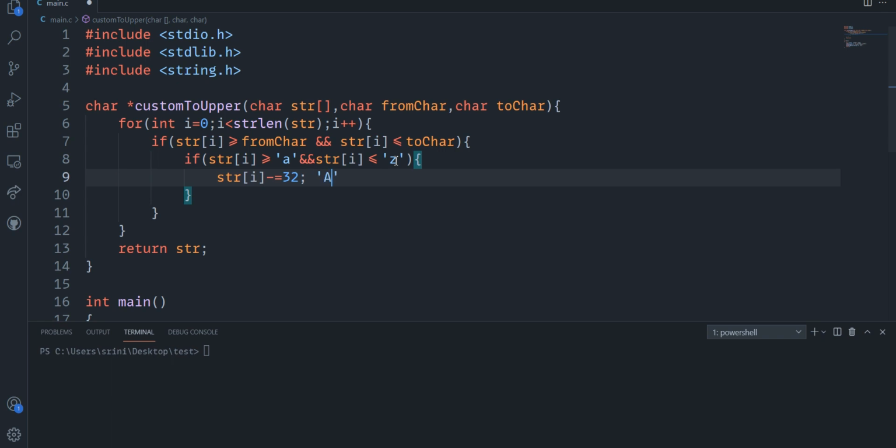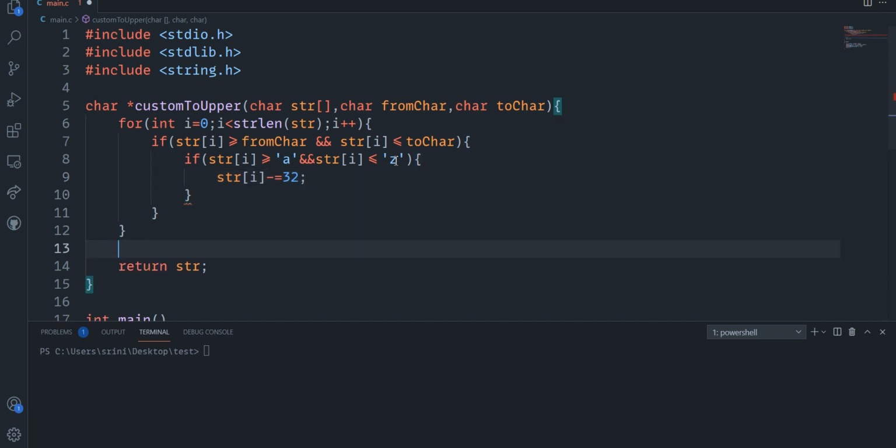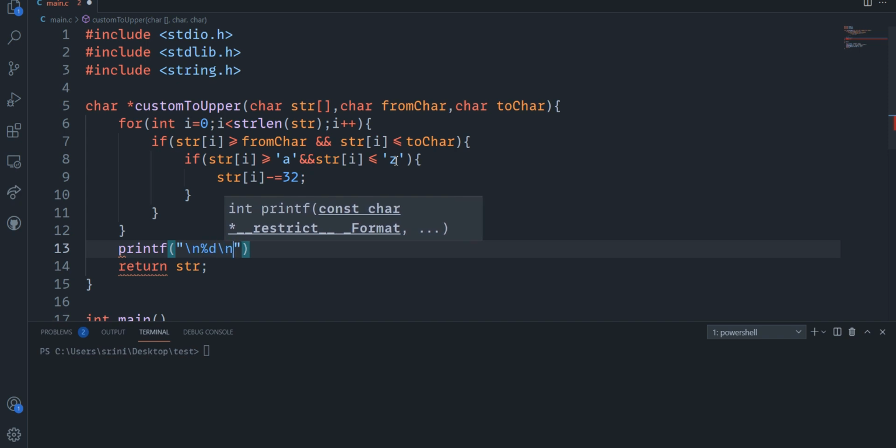Small a contains something like 97 and cap A 65. Okay, we'll print that. printf of x and backslash n and percentage d, small a minus cap A. We'll also print small a and cap A. Percentage d minus percentage d equal to percentage d.